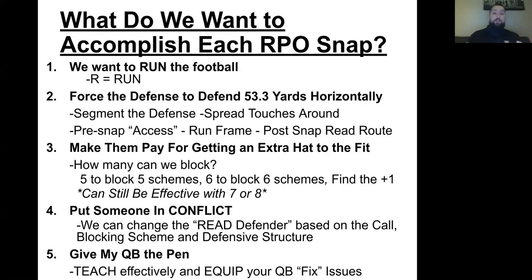And we can change that read defender based on our blocking scheme and based on our defensive structure that we're facing, like if we know they're an invert safety team and they're playing some sort of robber where they want to invert, okay, that's going to be our conflict defender. If their adjuster or their nickel Sam is the guy that wants to come in and squeeze inside an apex and be that extra fitter, we're going to read him, right? We can handle a Willie backer to the boundary and like a college 4-3 structure. If he's trying to go fit the B gap, we handle him with other things.